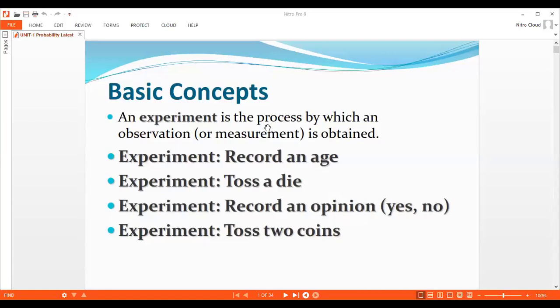So an experiment is the process by which an observation or measurement is obtained. Examples of experiments: record an age, toss a die, record an opinion, whether it is yes or no, toss two coins. All these come under experiments. So for each experiment,